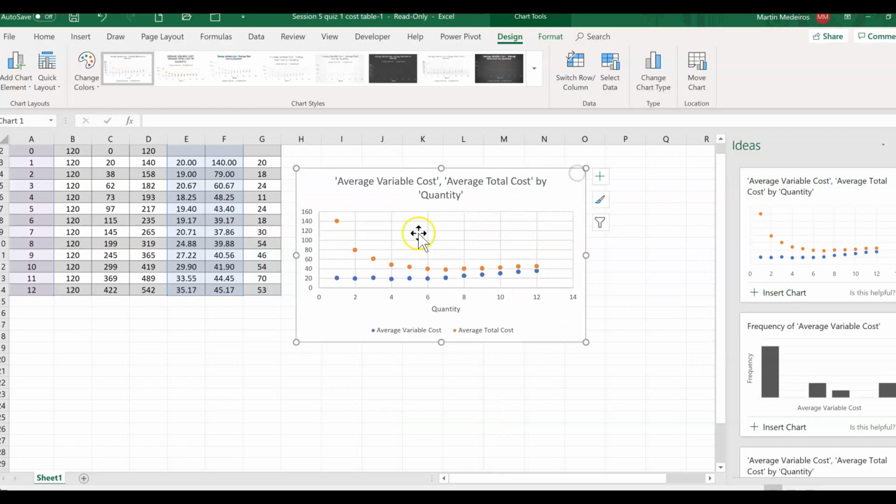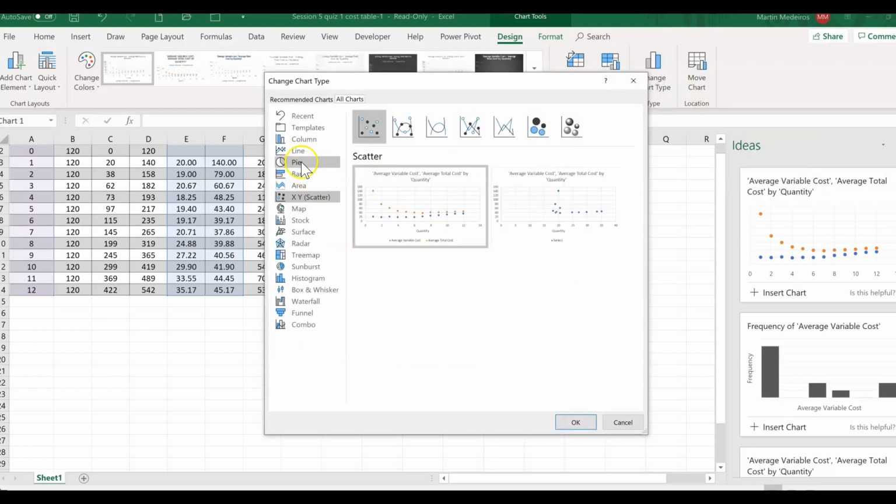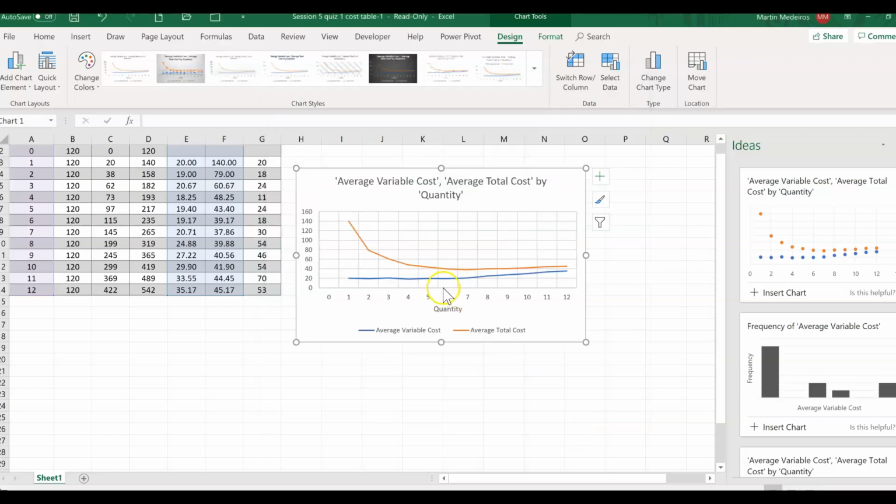Now, I would prefer a line chart. If we wanted that, all we have to do is while the chart is selected, you see an option called Change Chart Type. We could change that to a line chart, and there we go. Average variable cost, right here, and average total cost. Another way of doing it, let me delete this,